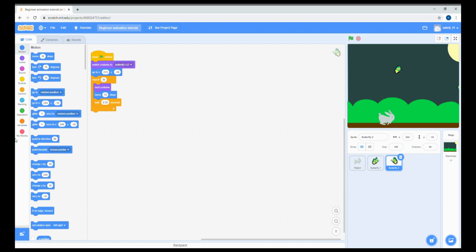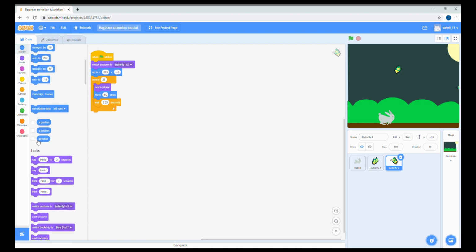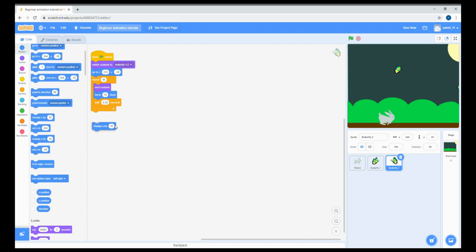Instead, you're gonna take away the move 10 steps block, and you're going to want to add a change Y by